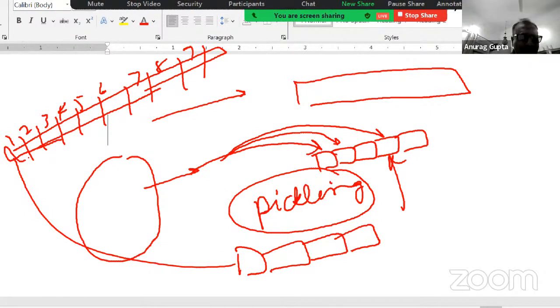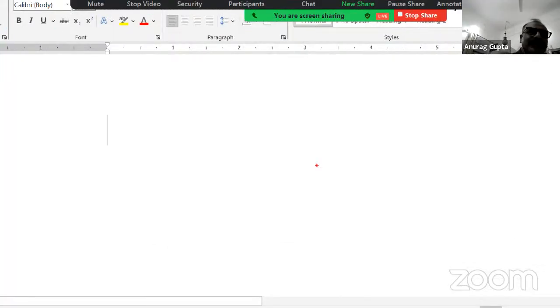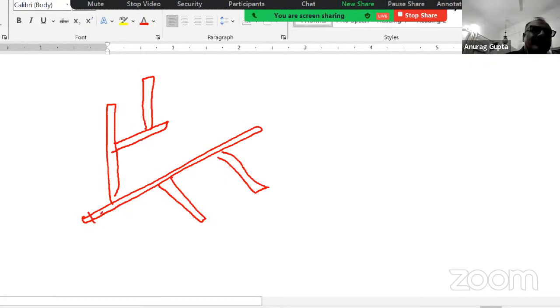But now suppose you didn't have a stick, but maybe you had a plant. There's a stick like this. This is the way I see it. It has got a branch like this, and it has got another branch like this, and maybe another branch like this, and then another branch like this. Then now, how do you number it?